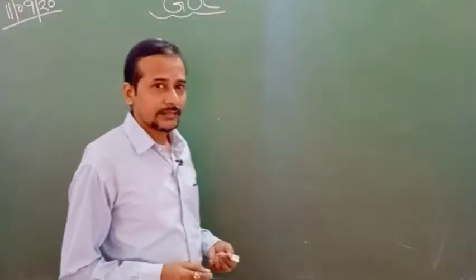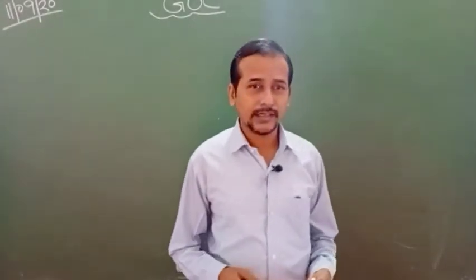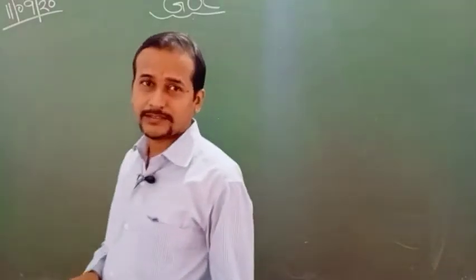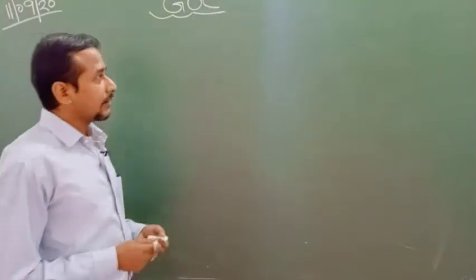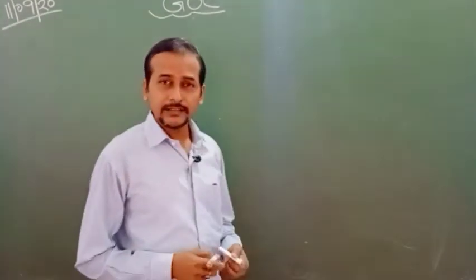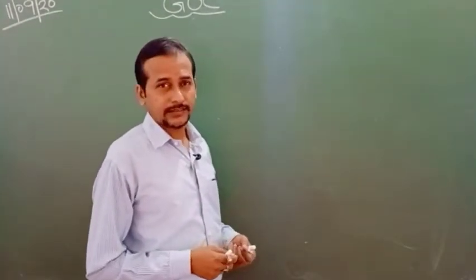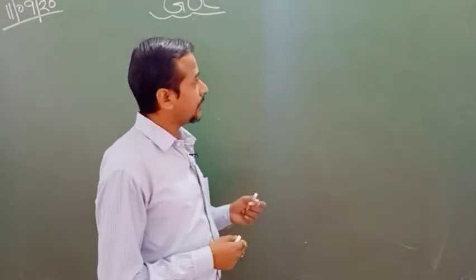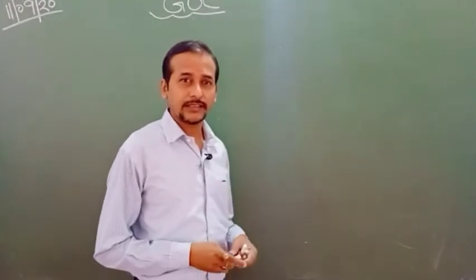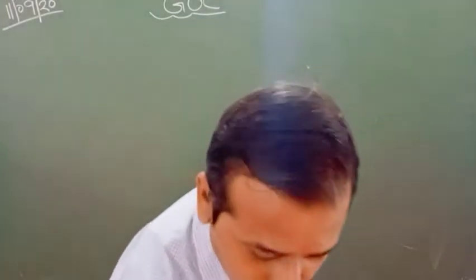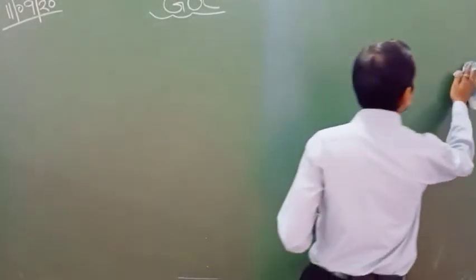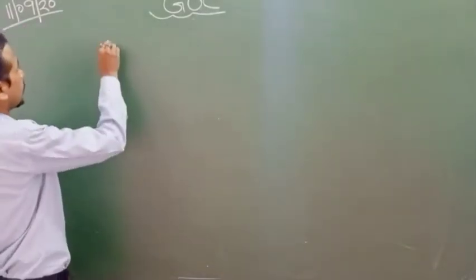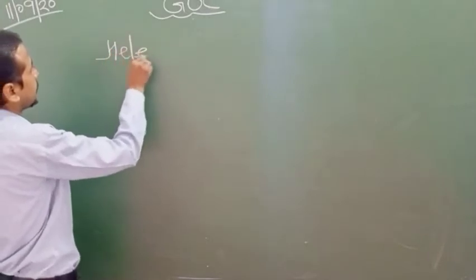Basically, the intermediates are free radicals, carbocations, carbanions, nitrene, carbene and benzyne. But out of these, we only have to focus on free radicals, carbocations and carbanions. So now dear students, let us start today's lecture on the topic heterolytic bond fission.